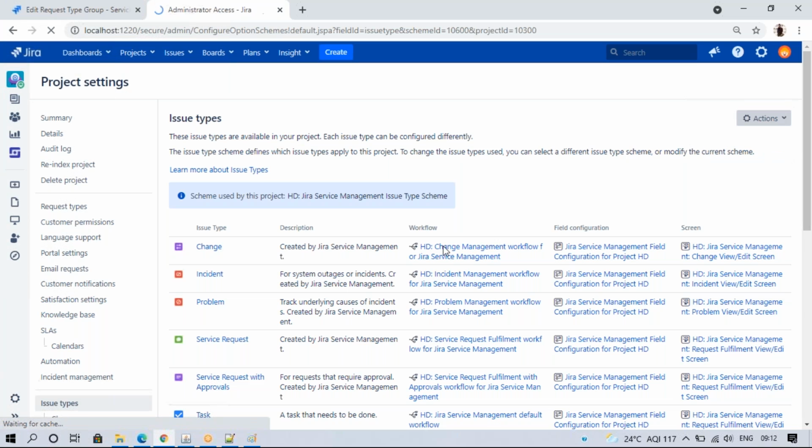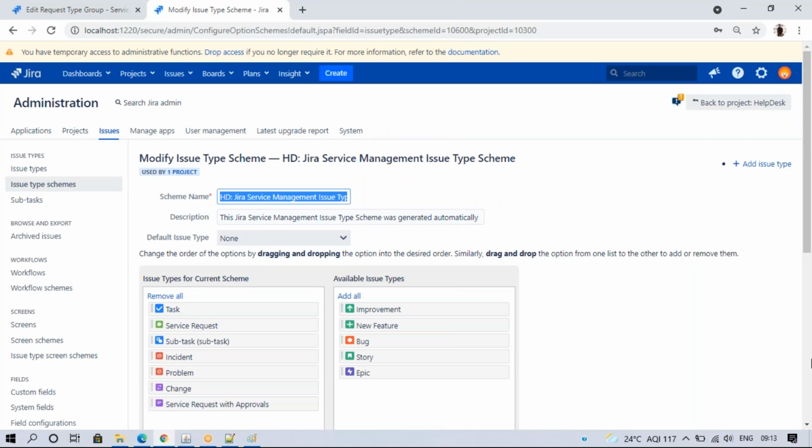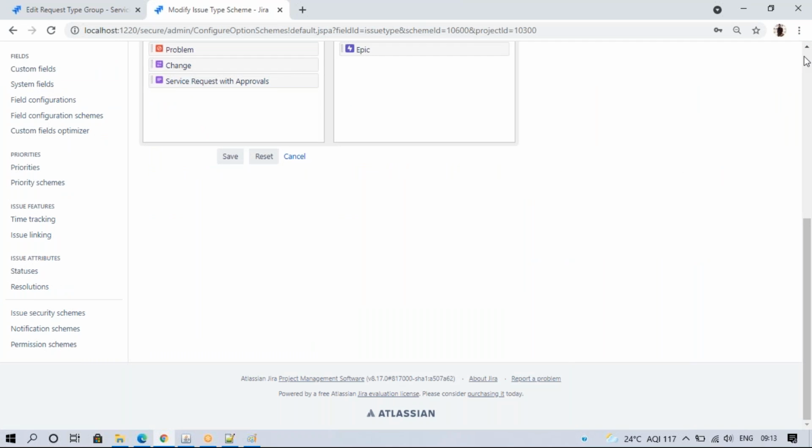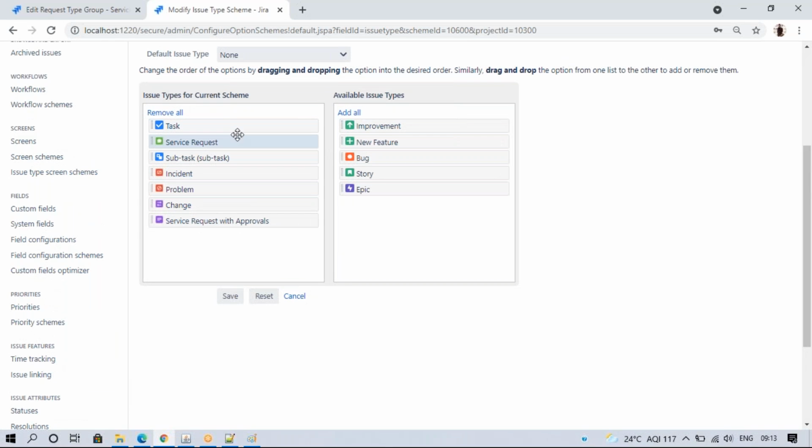I'll just change the settings. This issue type, I'll change it. I don't want all of this.